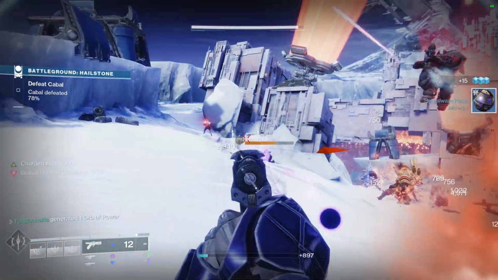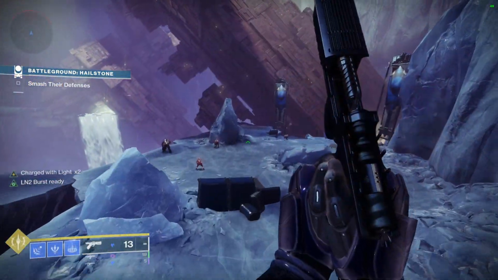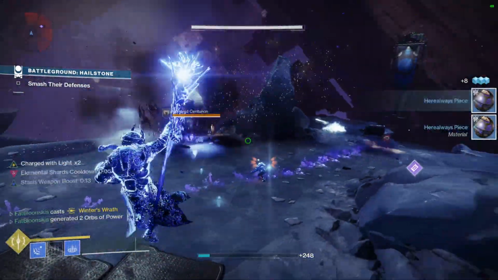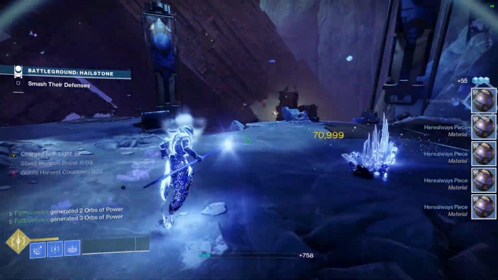Now you could argue Aggers Scepter, and yes, Aggers Scepter is fantastic, but the thing about Aggers Scepter is that it freezes upon killing an enemy. So it releases like a freeze AoE upon killing one enemy. So you have to kill an enemy within a group of enemies in order to freeze all of them,